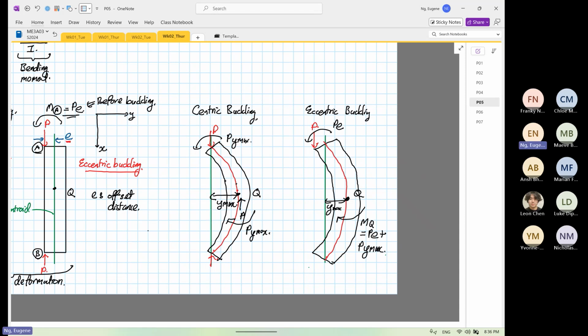This is due to the deflection. I repeat again, this is due to the deflection. So now you see the difference between centric buckling